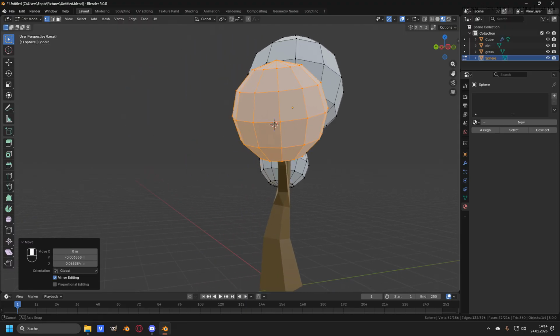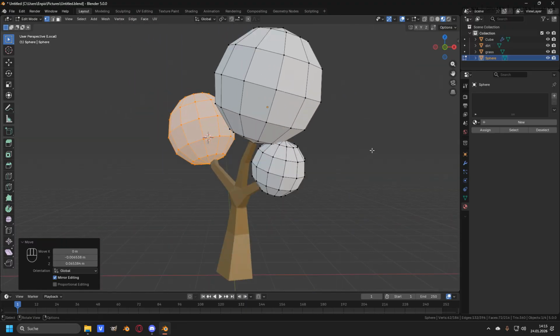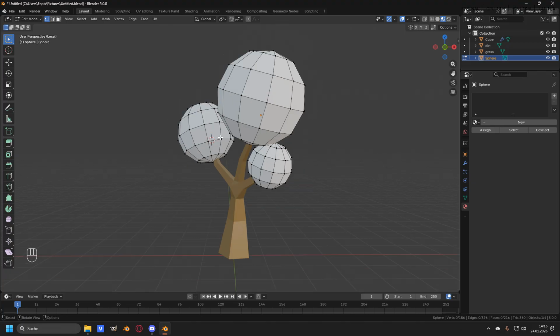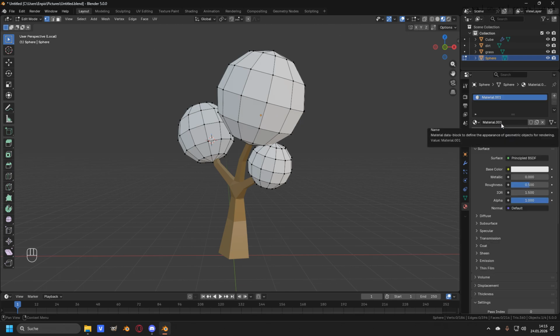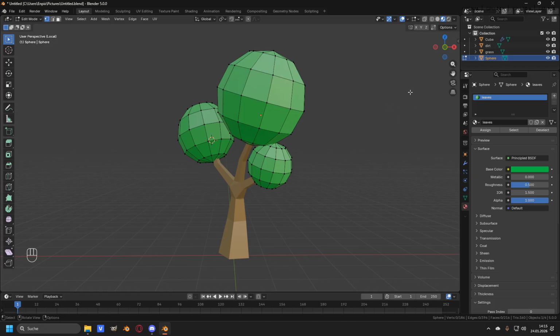And just go ahead and rotate your view and take a look on what you have created. Alright, then let's go ahead and press Alt and A to deselect all, and as the next step we'll go ahead and add in a material. So as we're already in the material menu, let's just go ahead and click on new to add in a new material and rename this one to leaves, and go ahead and change the base color, of course, to a green tone right here, and just go ahead and move the brightness down a little bit to a point around here. Click somewhere into the scene to close up the color menu, and let's go ahead and rename the